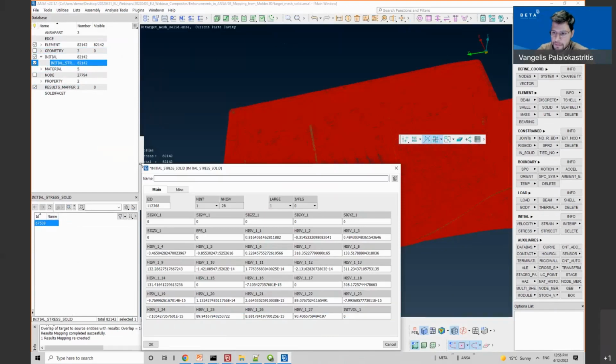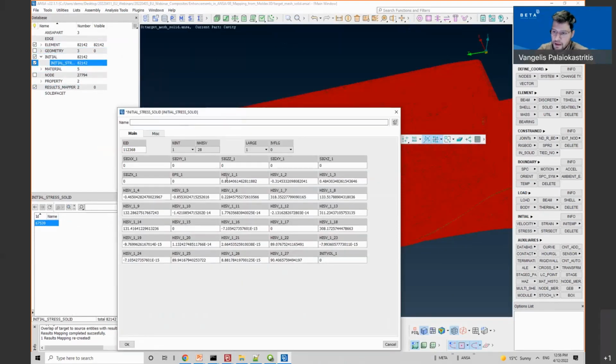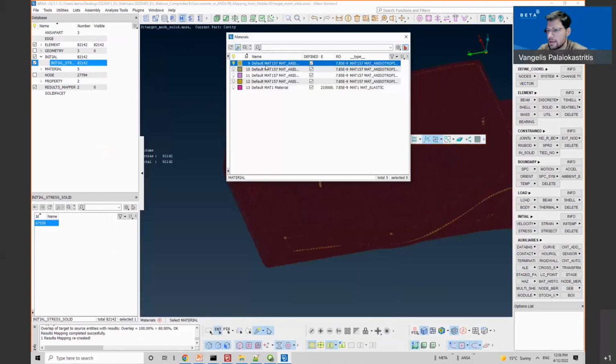So in this keyword, let's also see the material.